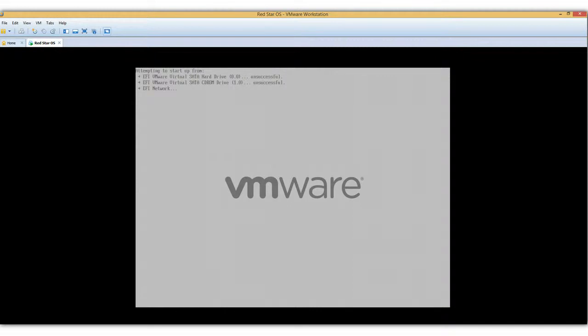So it's exactly the same. So perhaps then the VM,